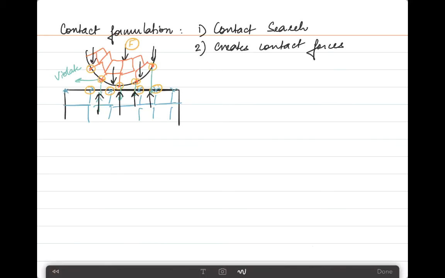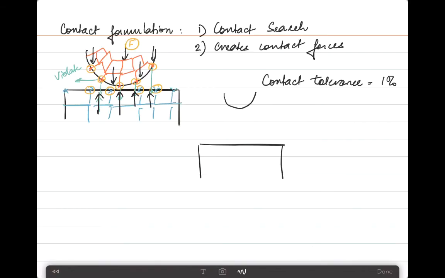So if I give a contact tolerance of about 1%, that means the node must come very close to the other object in order to be first identified as a candidate node. So if the contact tolerance is very low, and I have some load increments which have been defined,